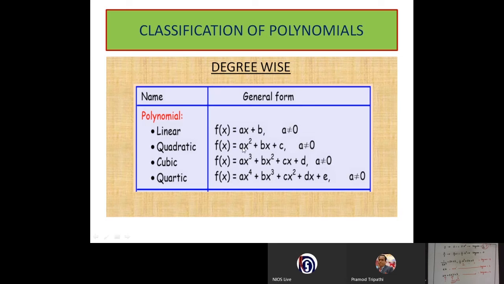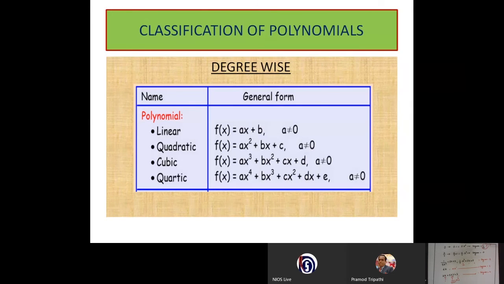Any polynomial with degree 2 is known as a quadratic polynomial. And what about the cubic polynomial? A polynomial with degree 3